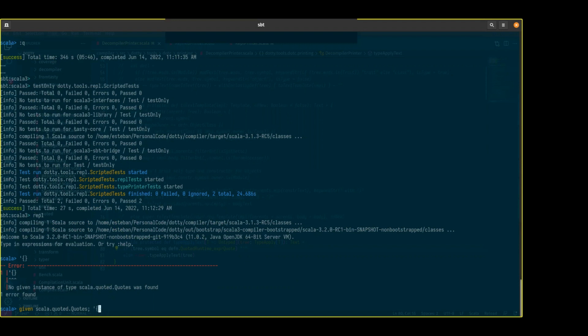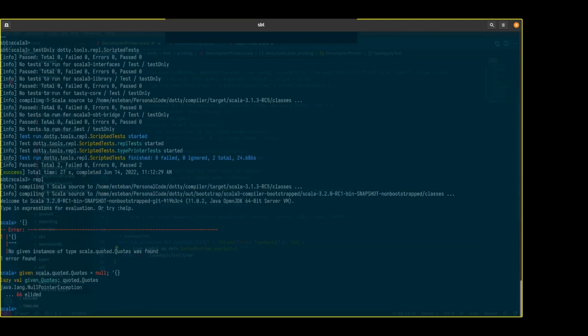I think it will crash too early. Well, let's give it a try. If it works, it's a quick way to try it. Okay, no, yeah, NullPointerException. So the other way is to generate quotes at runtime